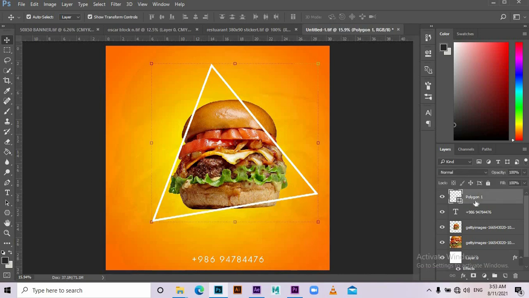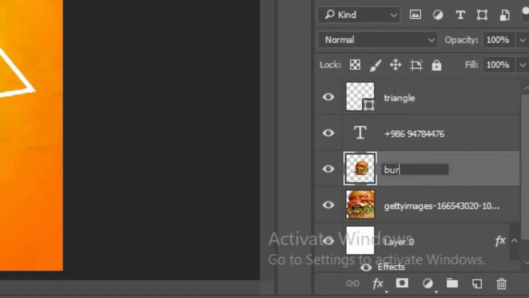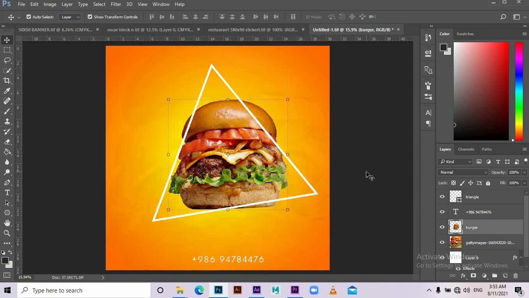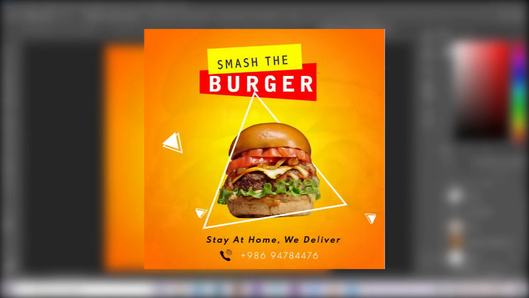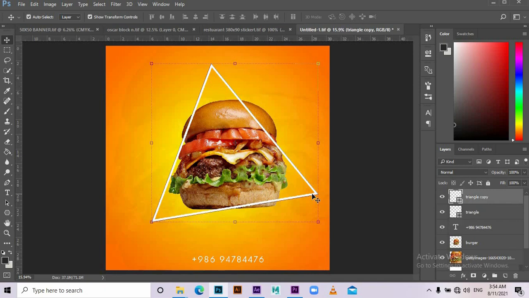So this is it. We can name it here triangle in our shapes, so that we are a bit organized. We can also call this one bag, so that we are organized. So it's like the bag is inside the triangle. There are so many techniques of doing it. We are going to select this triangle, we duplicate it into 2, Ctrl J,